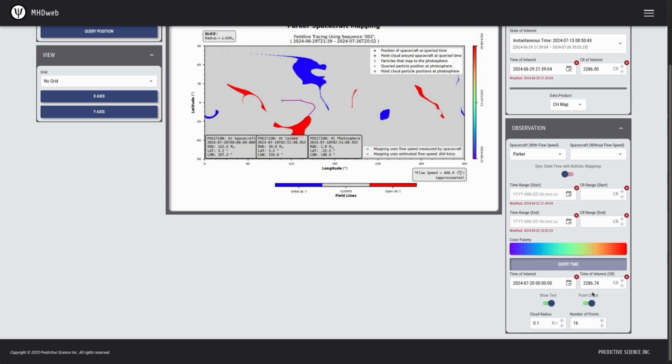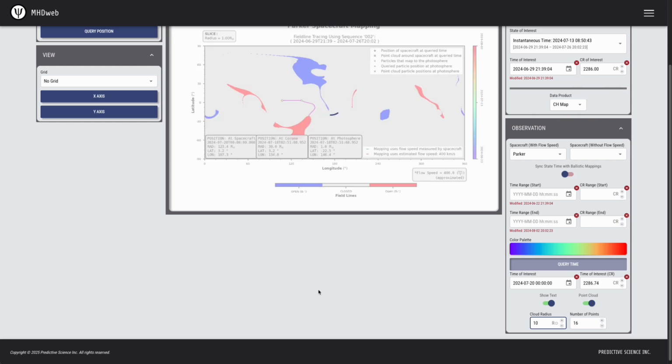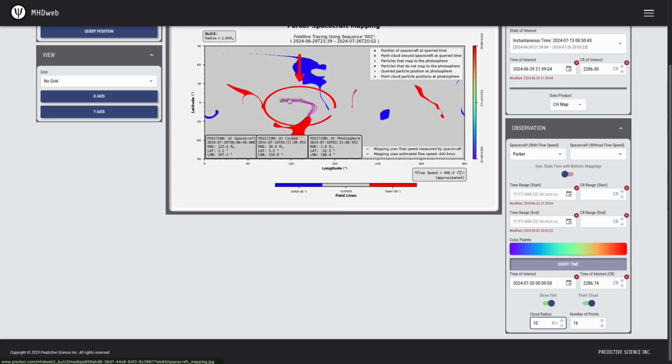If, for example, I set my cloud radius to 10 solar radii, you'll see here that the ballistic mapping and field line traces show up as this cloud of lines and points surrounding the queried position. Alternatively, if I'm looking at a spacecraft position that lies within the coronal boundary, so let's say